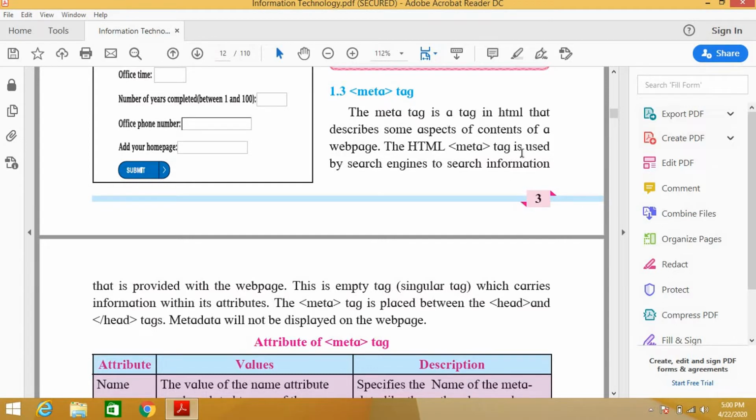The HTML meta tag is used by the search engines to search the information that is provided with the web page. Suppose I have created a website, and a website has so many pages, and if I want the information of that particular web page, with the help of the meta tag I can access the things.